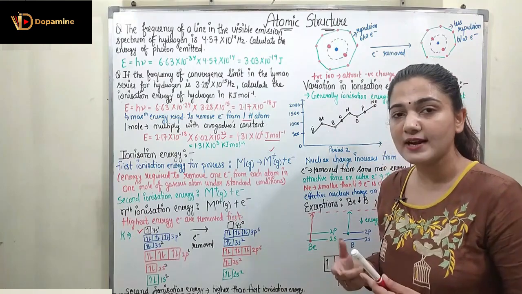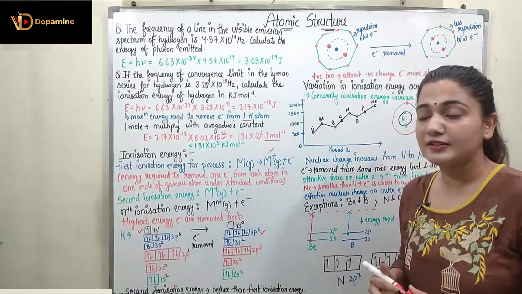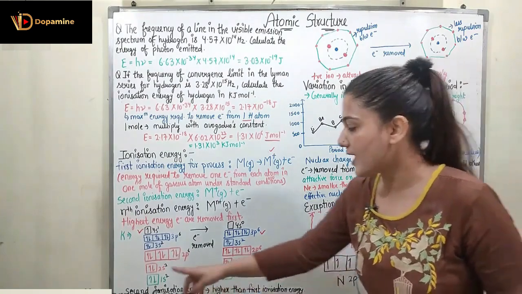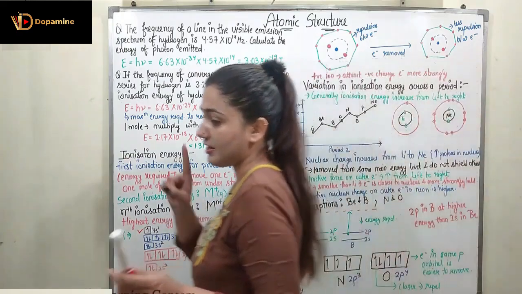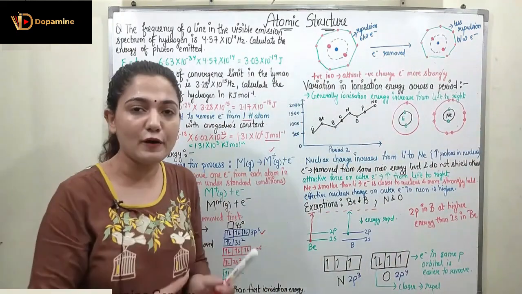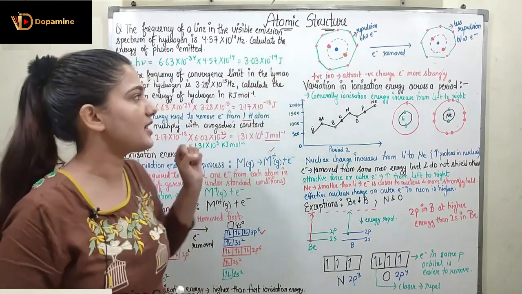So which is the electron that I will be removing? I will be removing from 3p. Right, and 3p is closer to the nucleus, and second ionization energy would be higher than the first ionization energy. First reason would be 3p is already closer to the nucleus. Second reason we are understanding from this diagram.